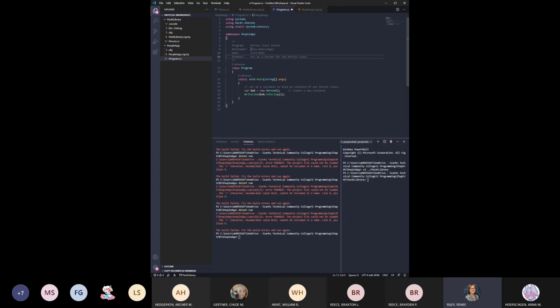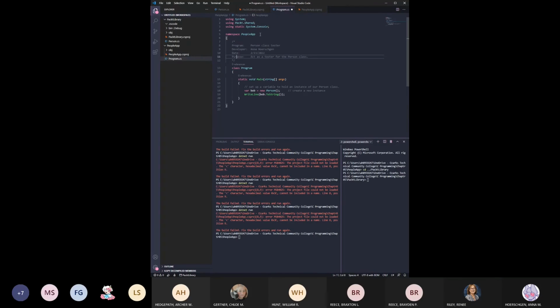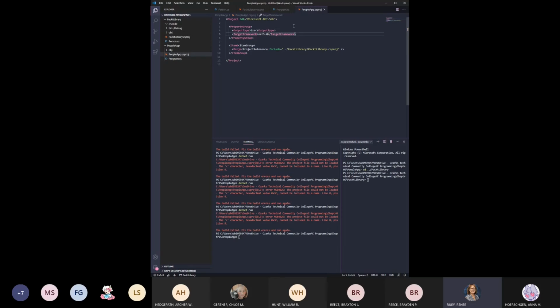I think it's in your people app. In the program. So what file is it saying? It's saying people app.csproj, line 8. It doesn't know what that letter C is there after the word item.